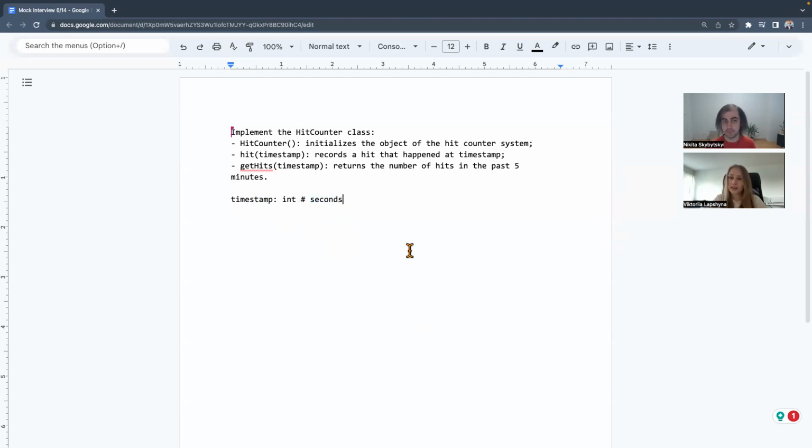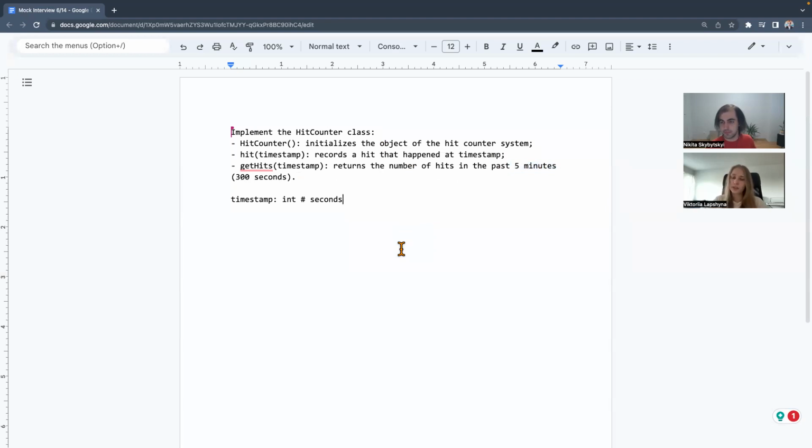Okay, so basically, if our timestamp is 60, it means that we are at a minute, right? Yeah, like a minute. We can say initially the time is 0, then calls happen, and if we see a hit with 60, it means that the web page visit happened 1 minute after we started counting. So for example, 5 minutes would be 300 seconds.